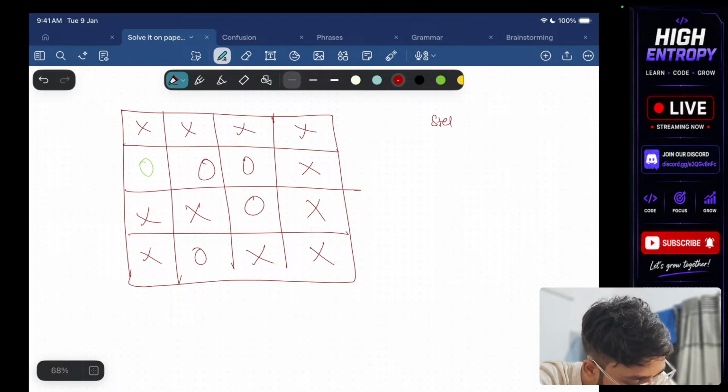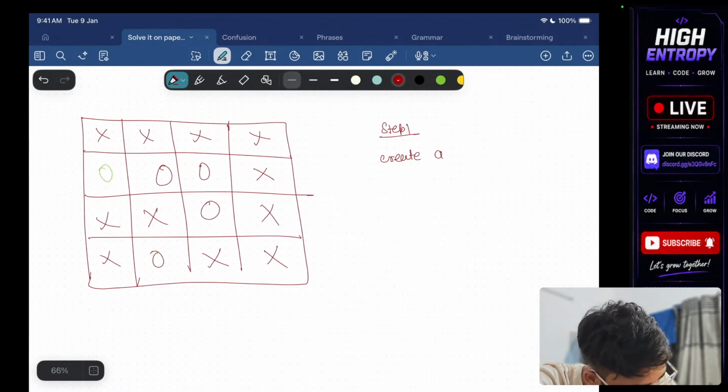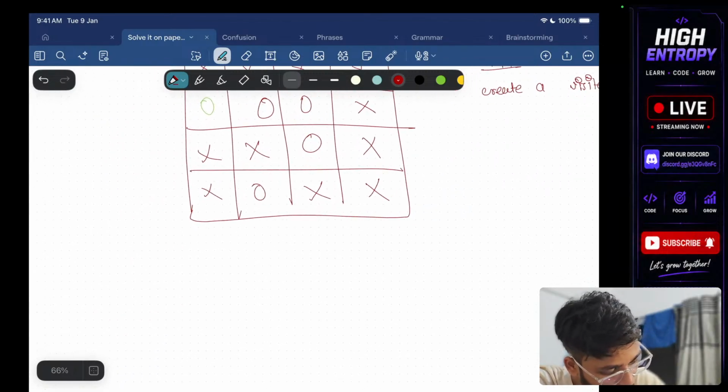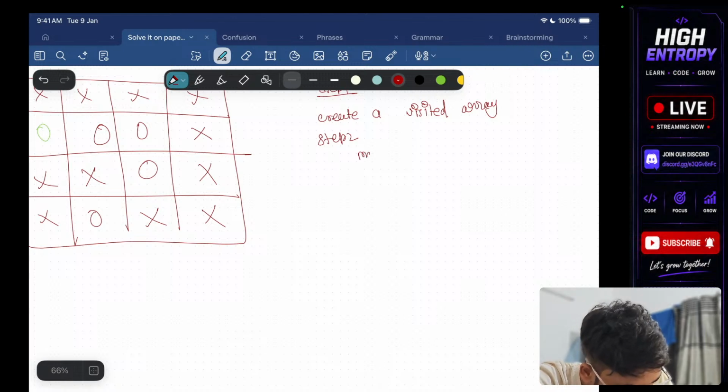Step one: create a visited array. Step two: mark all X as visited,